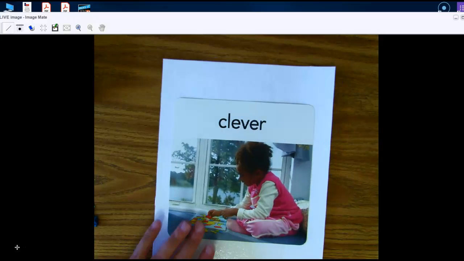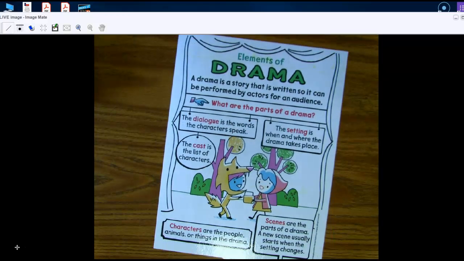Clever is someone who's clever is very smart. She was clever at putting the puzzle together. Clever means very smart. Okay, so we had really two stories, kind of, didn't we, this week? We had the lion and the mouse and the crow and the pitcher. So we have two stories, and they were told in dramas, kind of like our detective story we had not too long ago. I had to act it out.